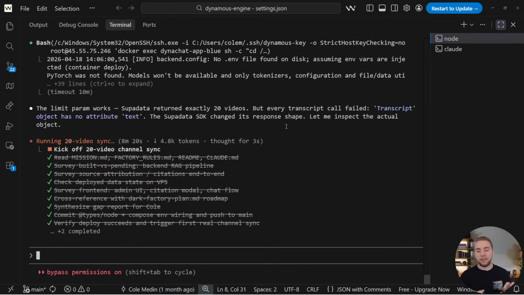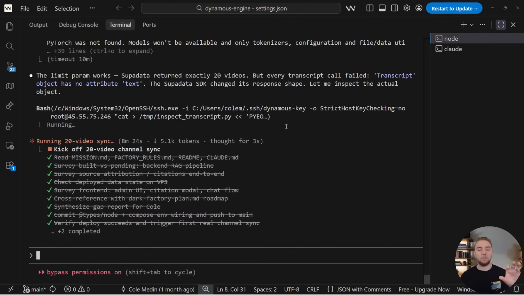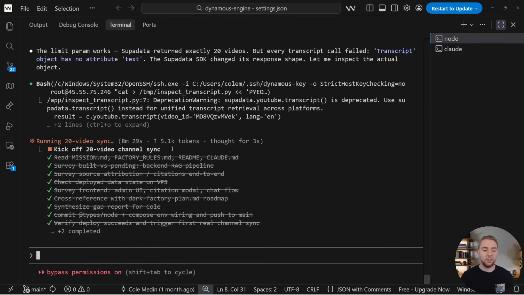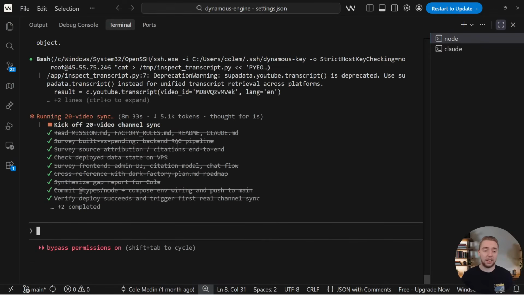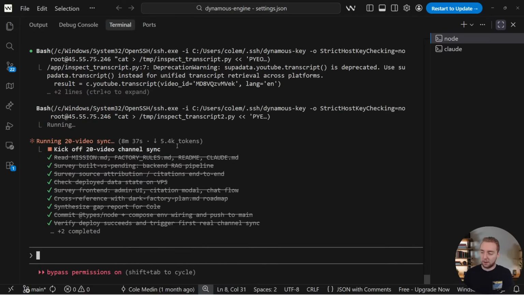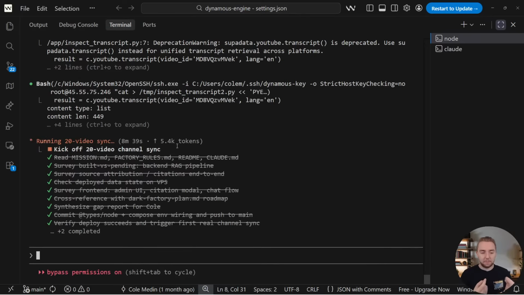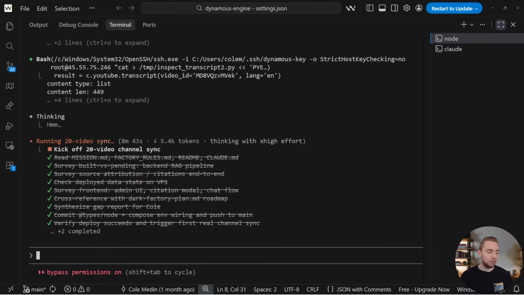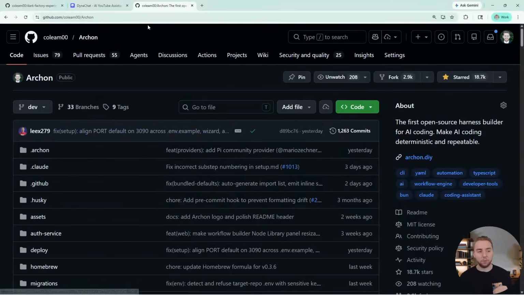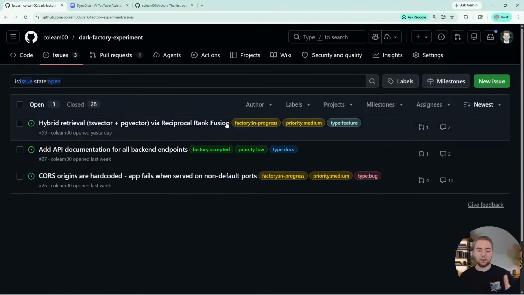So right now, as I'm building the initial version of the repository and the application, I am using Claude Code on my computer for some things. But once I have the core infrastructure set up, and like I said, that could be after the live stream today, then I am going to get to the point where I hand things over entirely to the Dark Factory. There's a little bit of me going back and forth with Claude as I get things set up, but at some point the only way I ever improve the code base is through submitting an issue. So we'll get there.